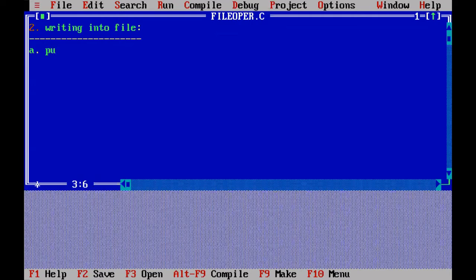putc. The putc function, and there is fputc also. Both are the same. If you write putc or fputc, both are the same. So what is the purpose? This function, first we will start with writing. So the first function is fputc or putc. This function is used to